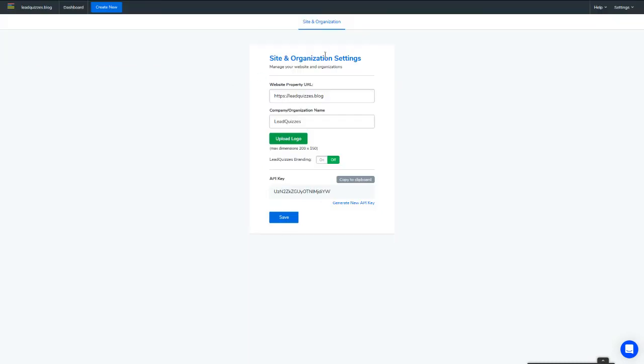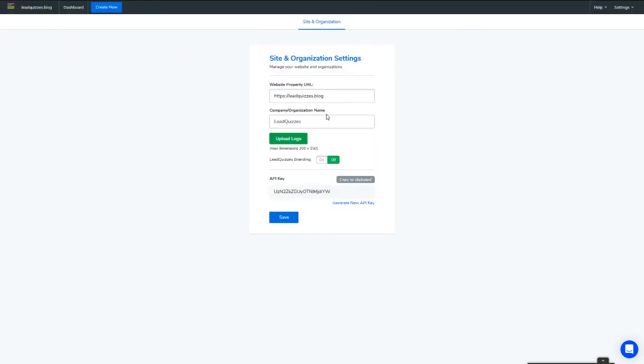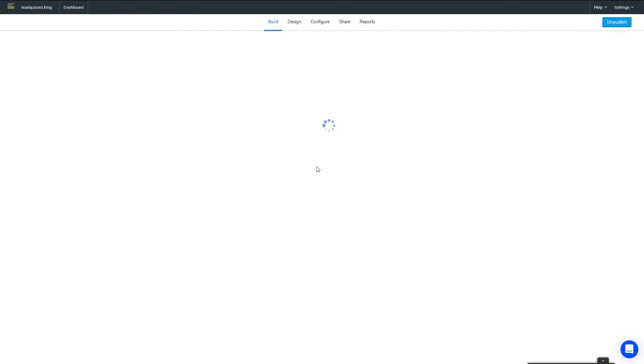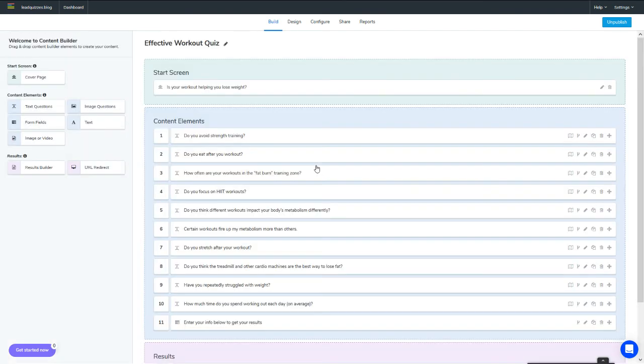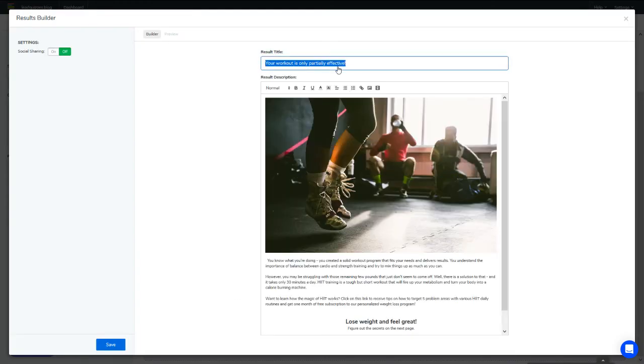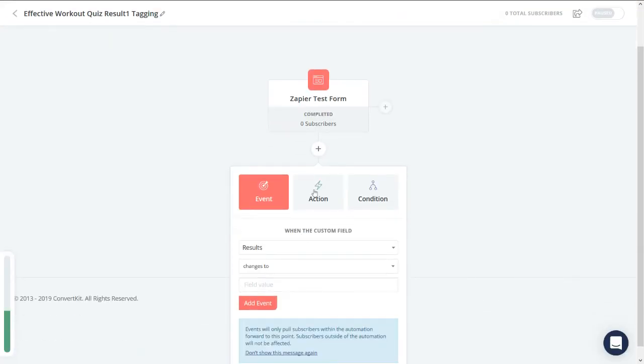So I'll go to our LeadQuizzes. Go to the dashboard. Because we need to write the text exactly how it appears. All right, because the automation is going to look for the text that appears on that custom field. So it has to be written exactly the same way. So your workout is only partially effective. So for the custom fields, whenever the custom field result changes to this text,